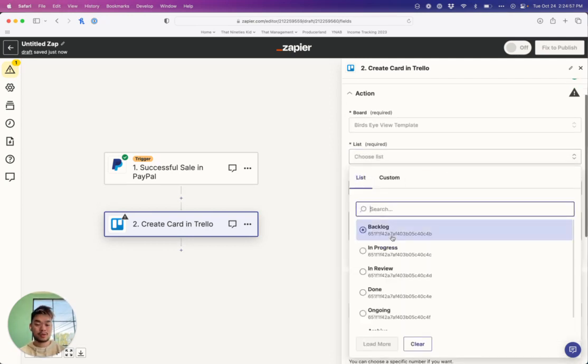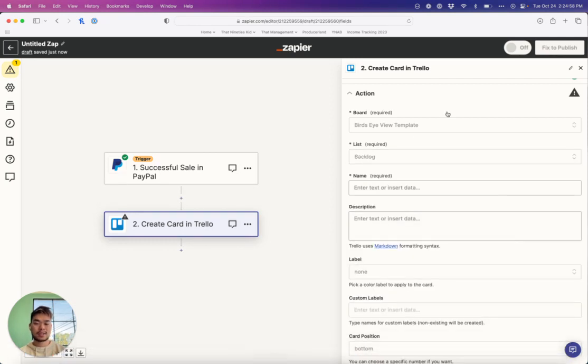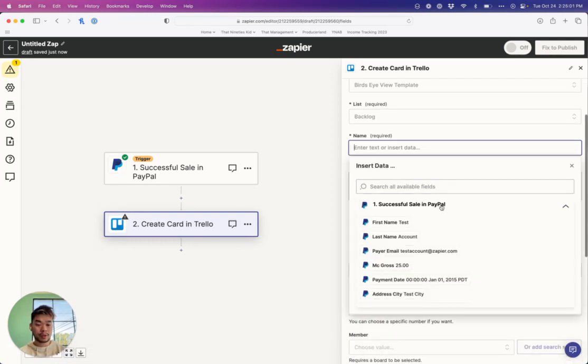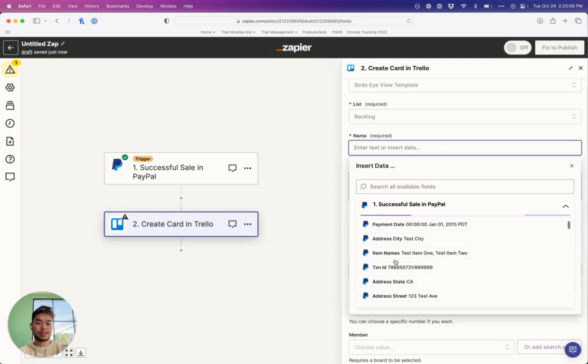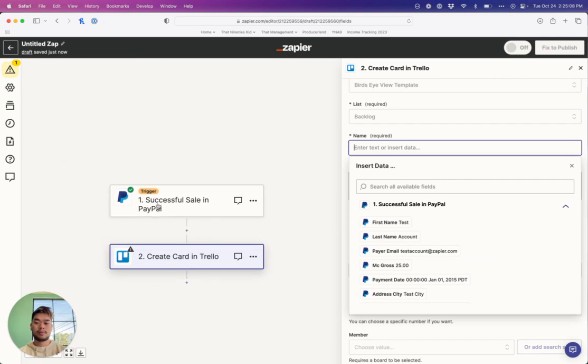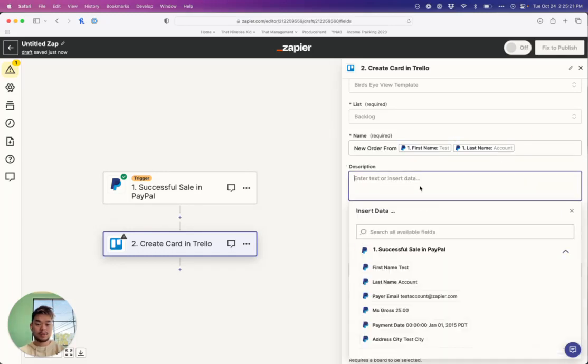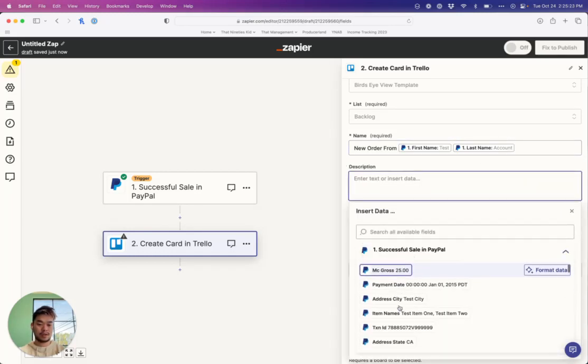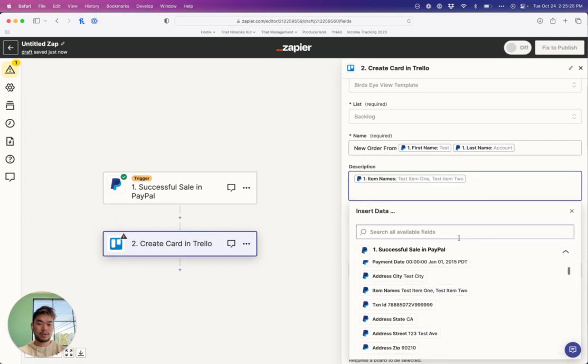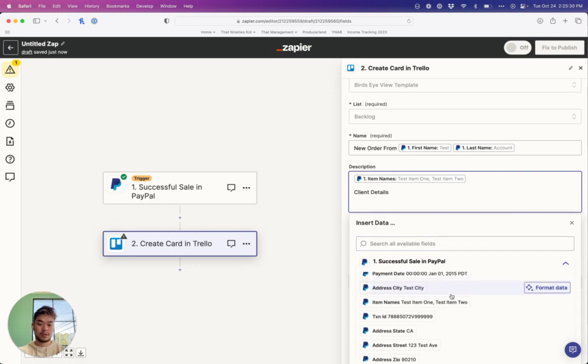The list it's going to go into is going to be the backlog list, because that's where new inquiries come in. And then we're going to call this card something. And what Zapier does is it lets you put in data from the information that it pulled here. So we're going to say something like new order from first name, last name. Awesome. In the description, we're going to put the item names. Here are the item names, and then we're going to say something like client details, and put